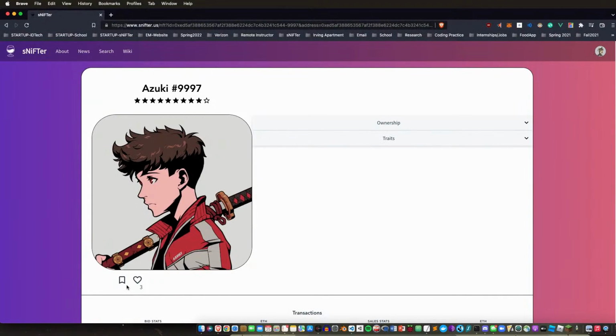This right here is the watch list button, a bookmark icon. The watch list button is very similar to the favorite button. Users are able to either watch or unwatch NFTs and can view their watch list on their profile. However, if a user is currently watching an NFT, then each time there is a transaction event for that NFT,